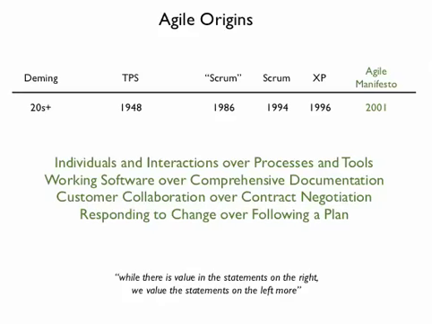Now often the manifesto is misinterpreted and people say things like, well, we don't need to plan because we're Agile. We don't need to document because we're Agile. That's not the case. What the manifesto is saying is you do enough planning to get started, but responding to a change is more important than following a plan. Same for documentation. All the documentation in the world doesn't help if your software doesn't work. The Agile Manifesto talks about finding a balance between these two.